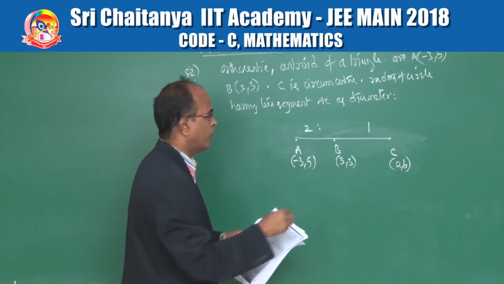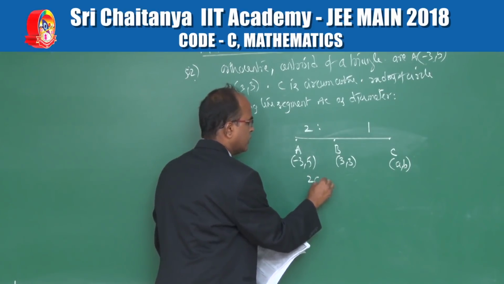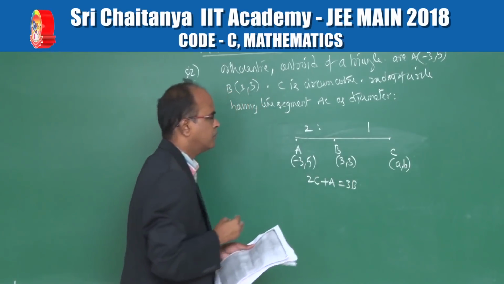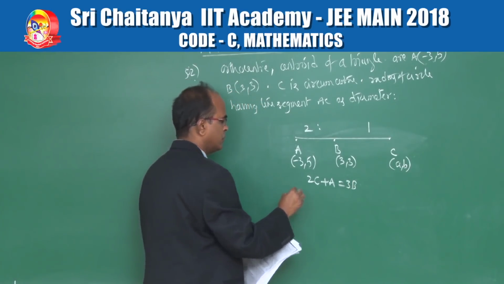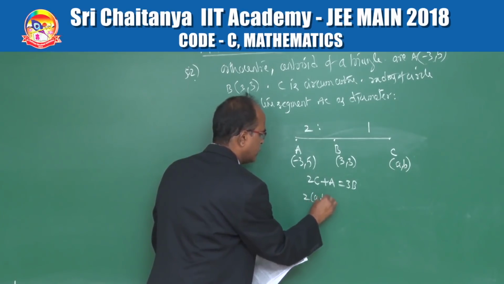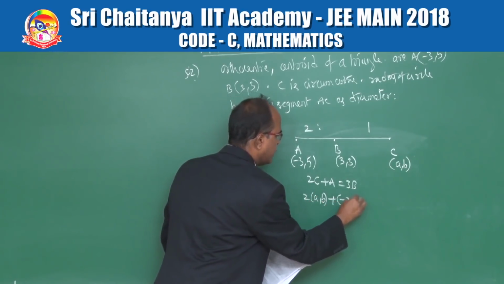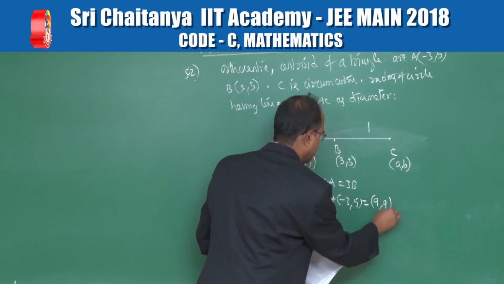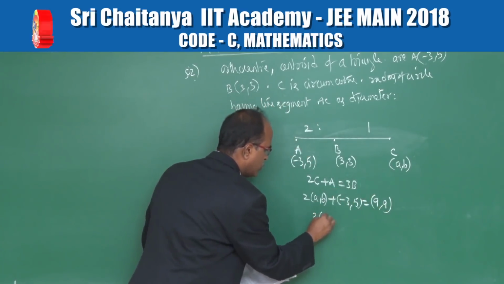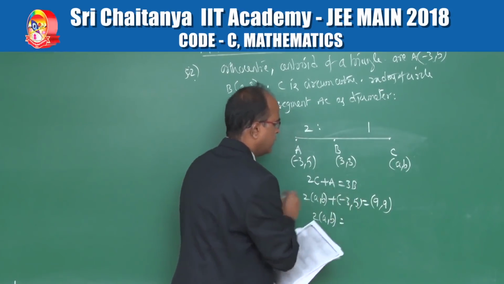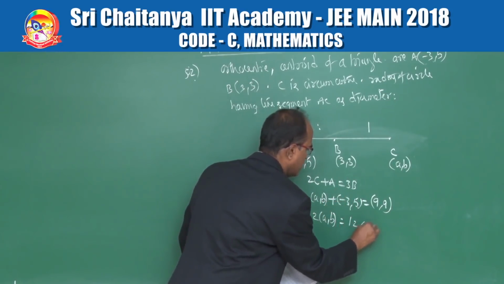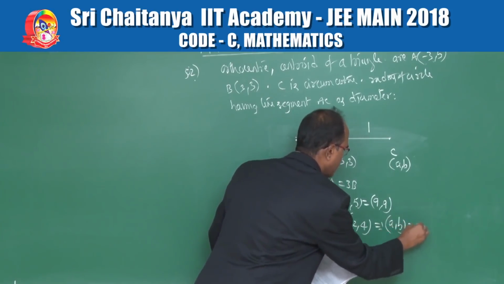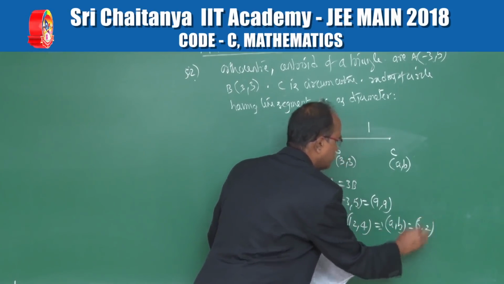Therefore, by section formula 2C plus A must be equal to 3B. So, substituting the coordinates gives 2 times C plus -3 5 is 9 9. So, therefore, we have 2 times C is 12 4, therefore, C comes out to be 6 2,